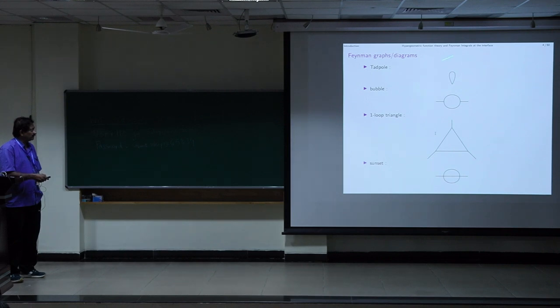of a tadpole. There's something that looks like this. There's no external momentum flowing into this. This bubble is a very common diagram that you see, which has one external momentum. It's a one-loop diagram. And here's a one-loop triangle, which has basically these momenta flowing in. And here is a simple example of a 2-loop diagram, which is called a sunset, which is 2 loops over